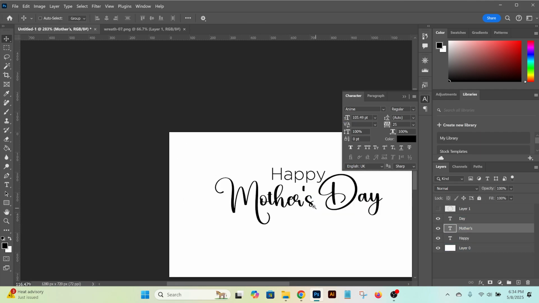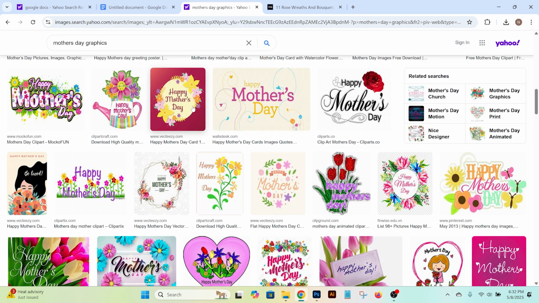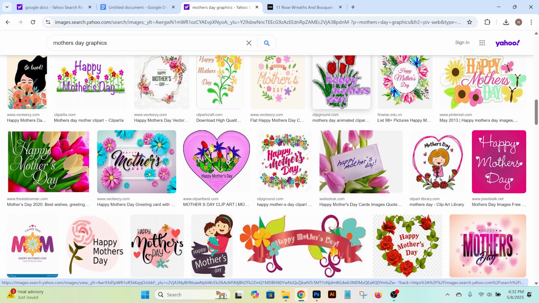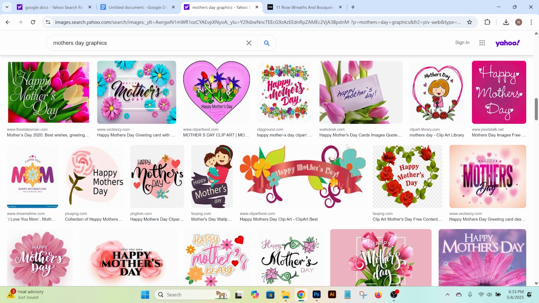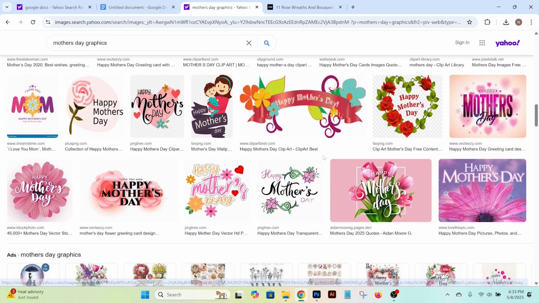I didn't want the whole text to have the same font, just for the sake of adding different design elements into the graphic. I would look for reference in Google Mother's Day graphics for any ideas that I think would be good to incorporate into the graphic. And I want to stress here, I try not to copy graphics fully, but take elements from different designs and put them together to create my own graphics. I'm simply just trying to get inspiration to see what I can create and how I can take a design